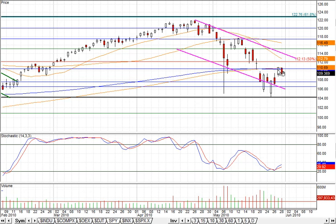But we do have some trouble right now. Right around this 110 level, we have the 200 period simple moving average, and the stochastics. We've created a double bottom here in the stochastics, and we're showing some divergence with the price. Notice how the price is moving lower, and the stochastics haven't made a lower low. They're holding the same area as they did prior,